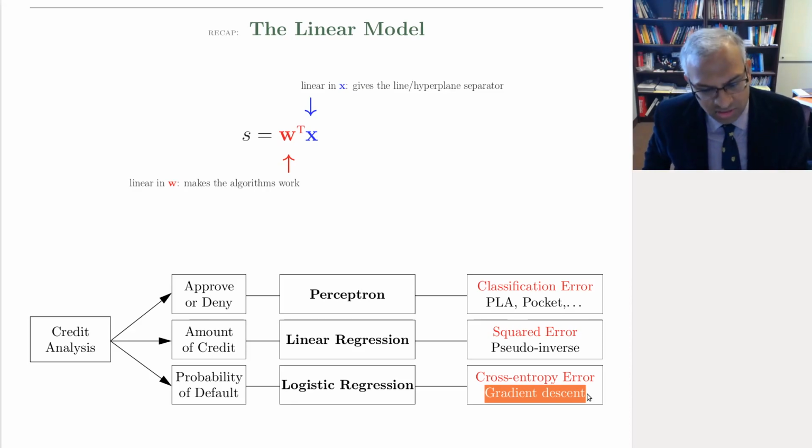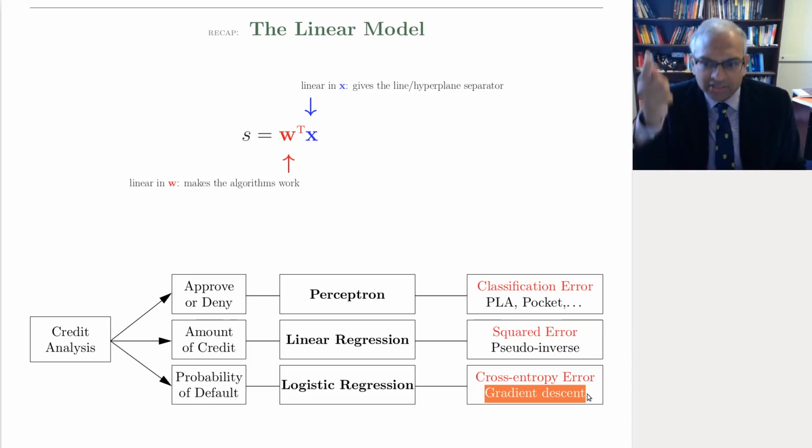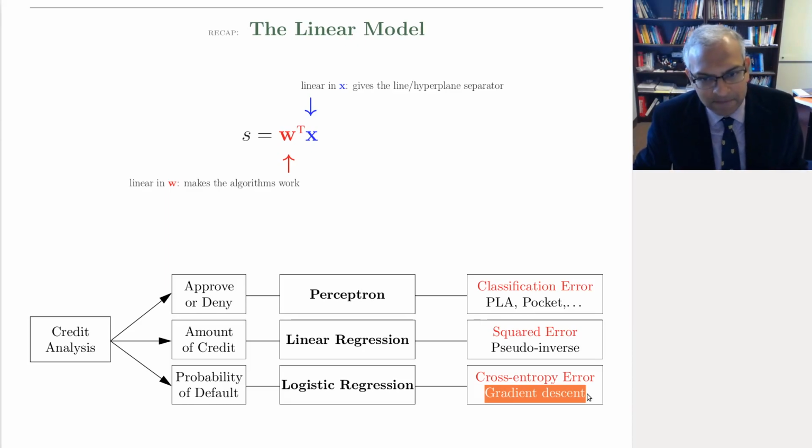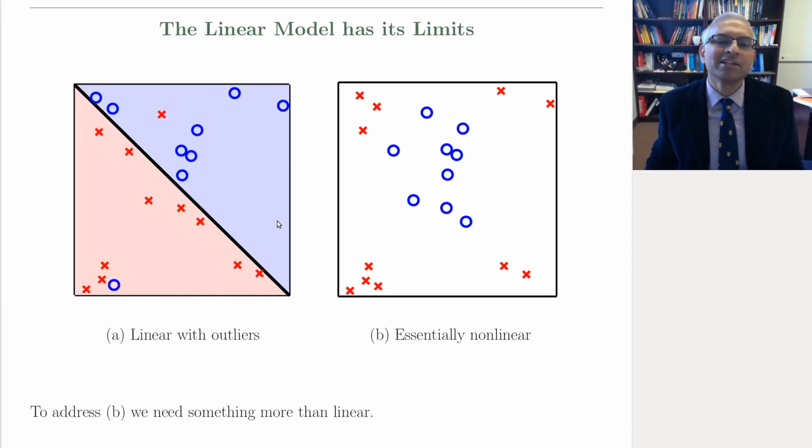We can minimize the cross entropy error pretty efficiently because the error function that we derived is very well behaved. It not only has this probabilistic interpretation, but it is convex, so it has a single global minimum. Now today we're going to continue talking about the in-sample error, and I will remind you